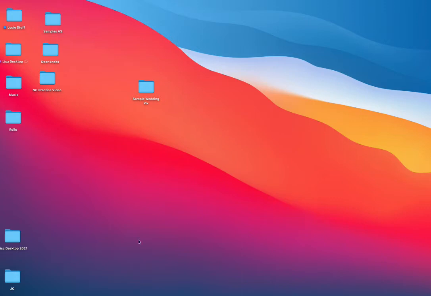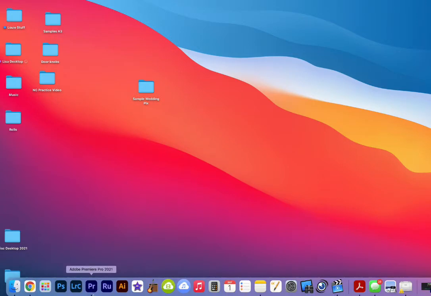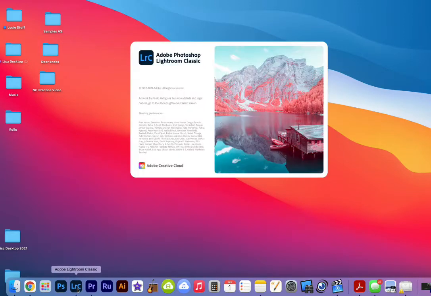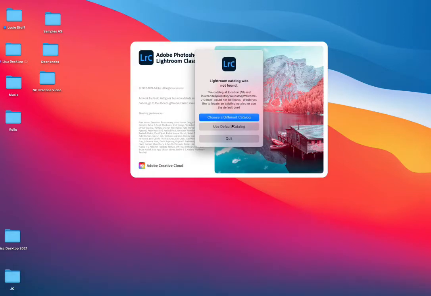Hello, this is a little sample of how to make a contact sheet using Lightroom Classic. So you go to Adobe Lightroom Classic. Okay, I've got it on my dock. If you don't have it on your dock, you can go to